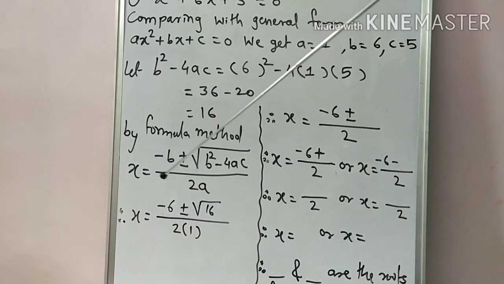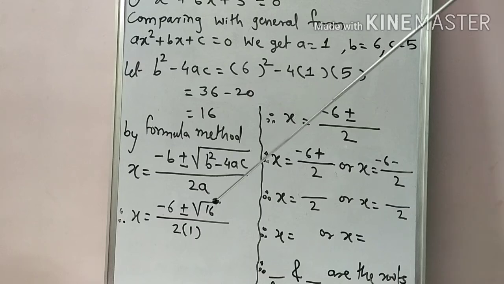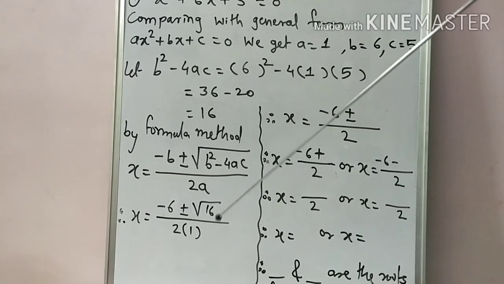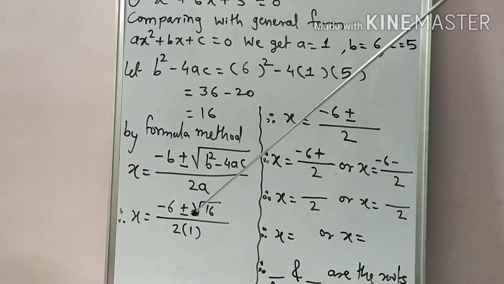so here we first write down the formula, and now we substitute the values. Minus b means what? Minus of b is 6, so minus 6 plus or minus square root of, now here we directly write down the value of the discriminant b square minus 4ac, which we get here as 16, divided by 2 into 1, and the value of a is here 1, so we write down 2 into 1, and now we simplify again. So as you notice here, root 16, that 16 is a perfect square number, square root of 16 is what?